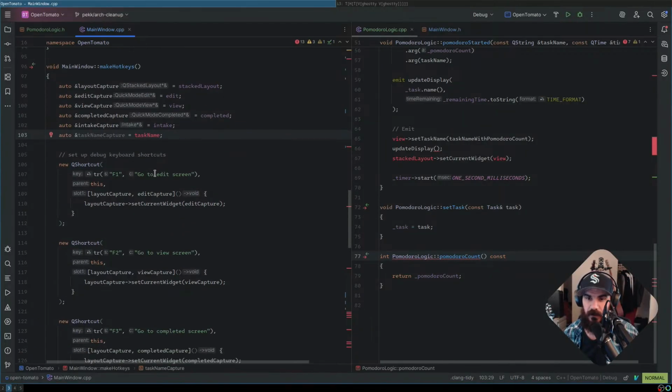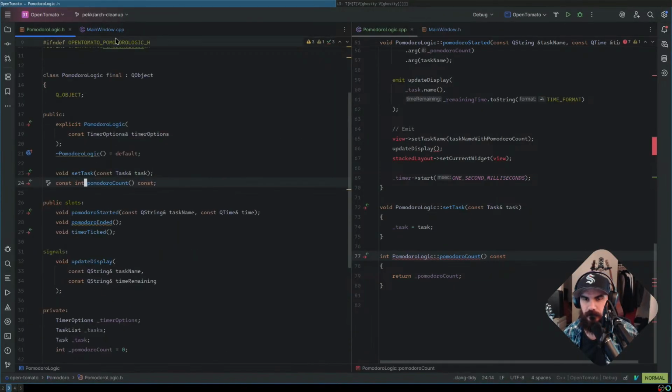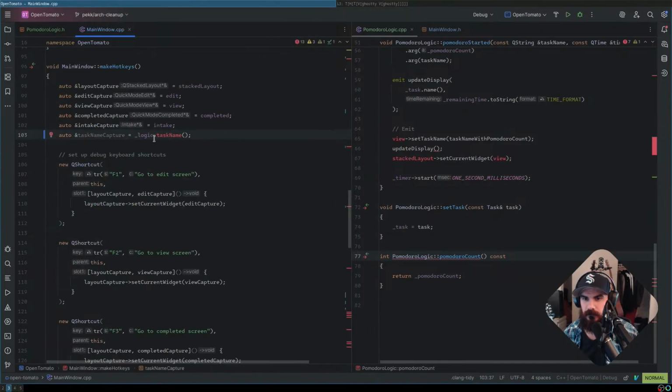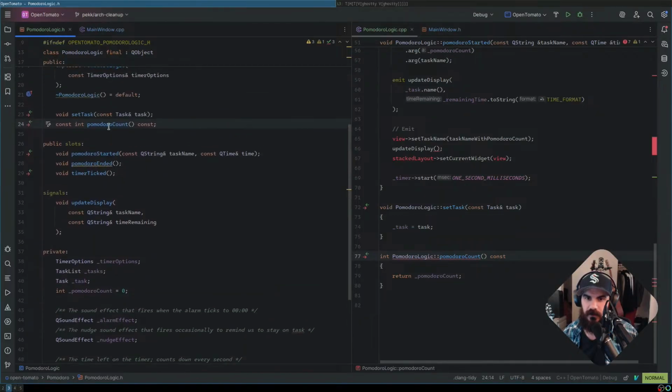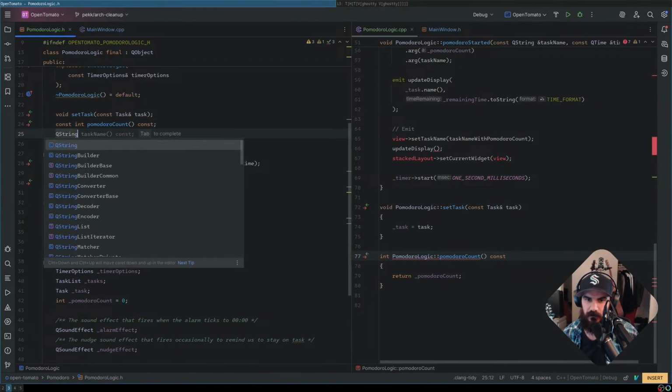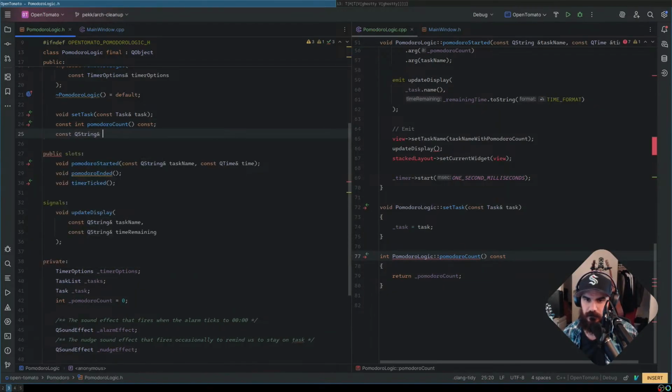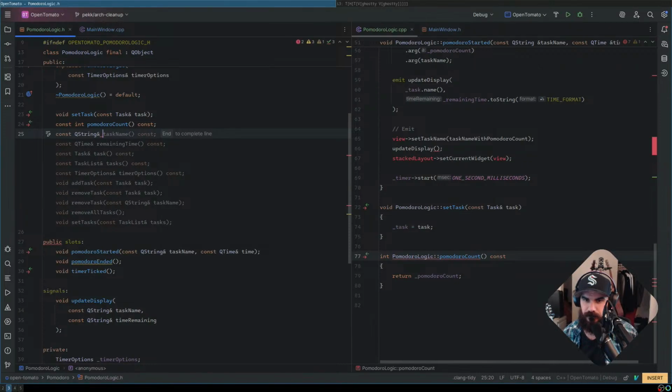Task name capture. We can have a string that returns the task name. Law of Demeter. I'm okay with that. Do I need all of these?